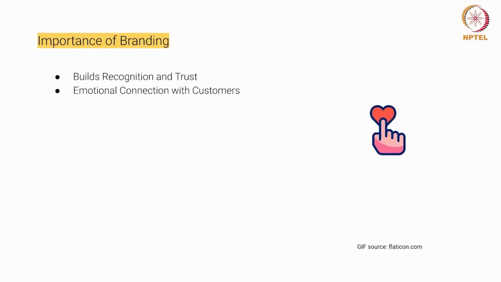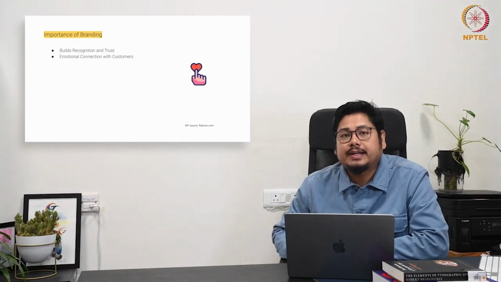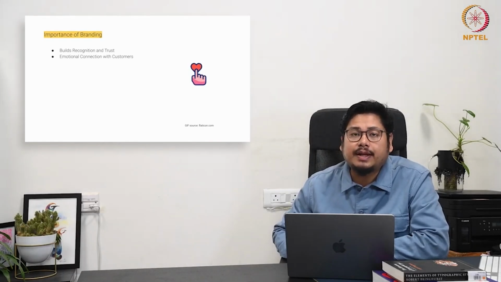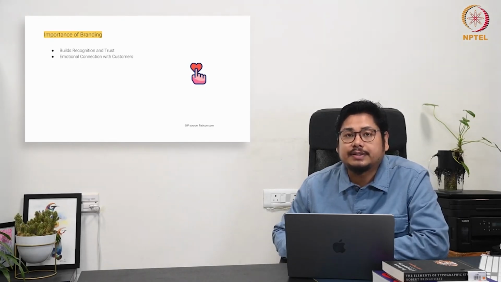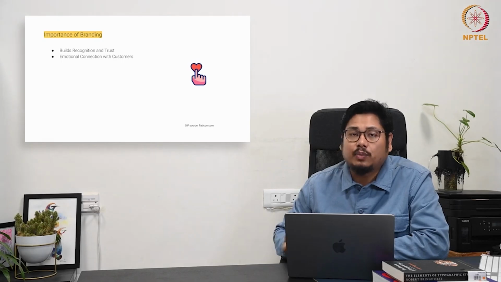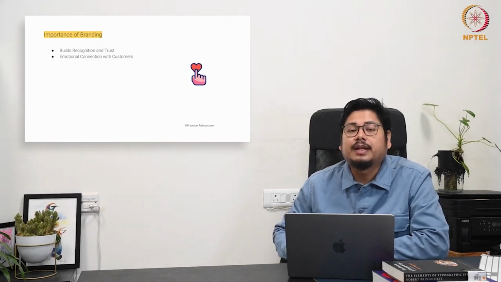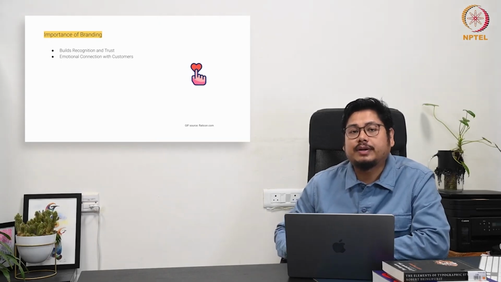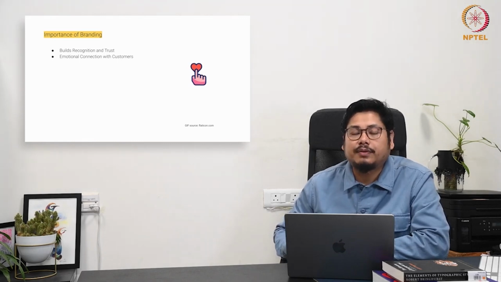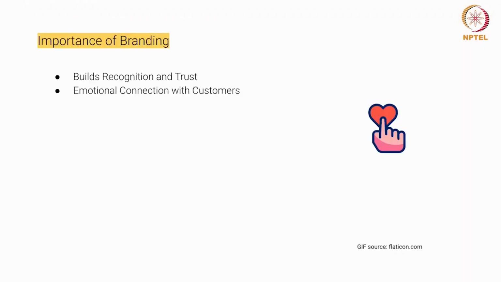The next is emotional connection with customers, and this is again very, very important for a brand to understand: how they are projecting themselves, what kind of service they are providing, right? And how emotionally your consumers are getting affected, right? And this happens through multiple ways. Maybe it can be the service, right? What you are trying to address, the quality you are giving, right? And the vision, like how you are trying to address it. One example is Patagonia, where they have their own community which tries to connect and communicate with them, right?